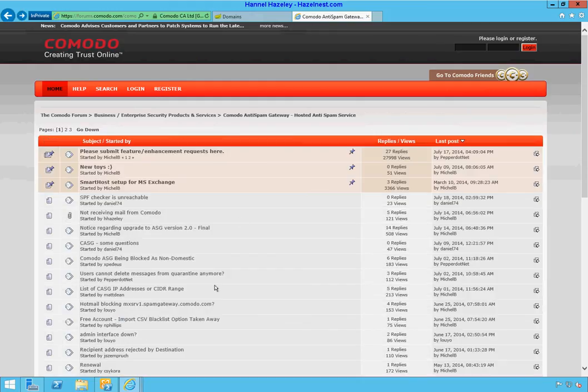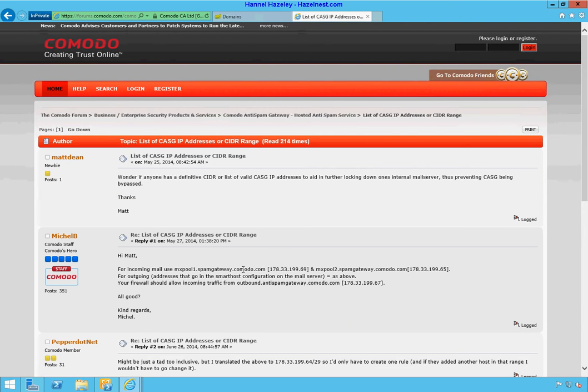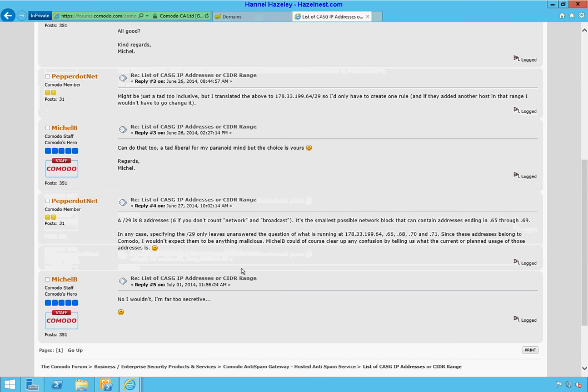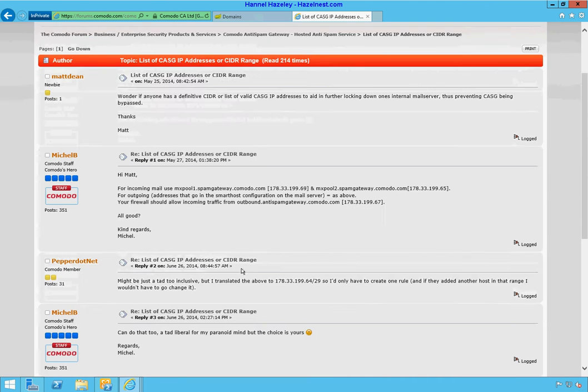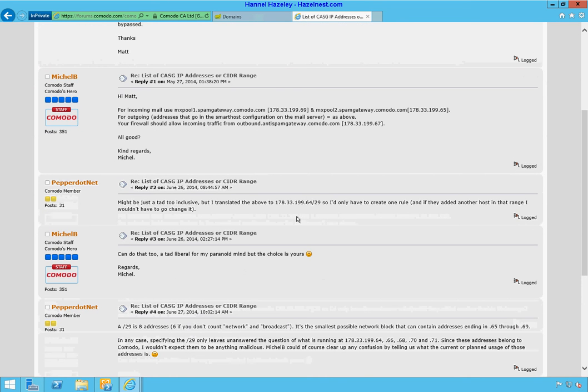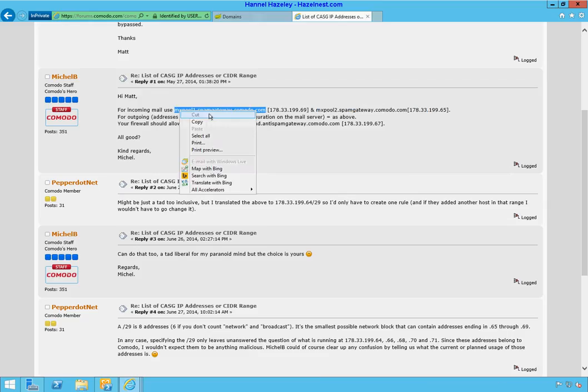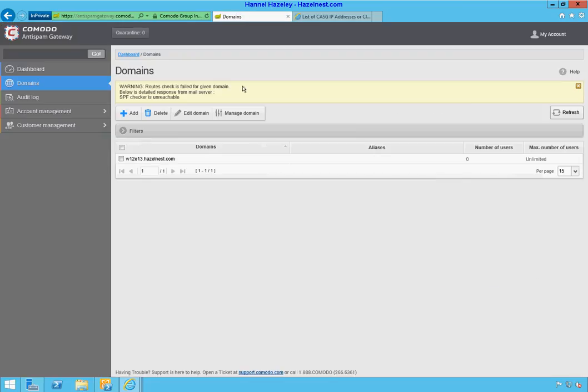But I believe it's this one. So basically, they have a range of IP addresses that we need to put into our configuration. Yes, this is what I'm looking for. This is the MX pool. So once you've configured your domain here,